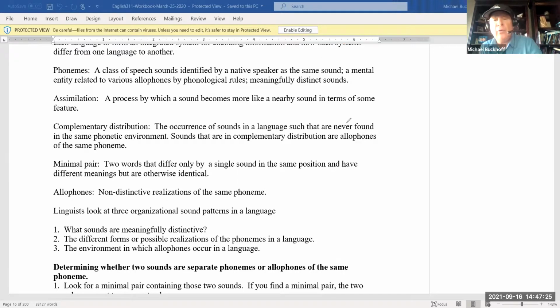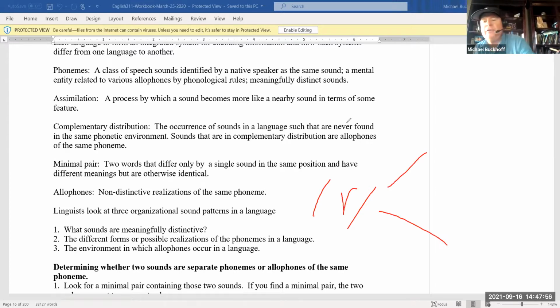Okay, so we're going to say that in Scottish brogue, a particular dialect of English, and you could probably argue that Scottish brogue and, say, Appalachian English, you could probably put these on two ends of what we call the language spectrum. If you go any more than that, you get a completely different language. That's how radical these two dialects are, right? So we're going to say R is a phoneme, right? And we're going to say in Scottish English, we can realize